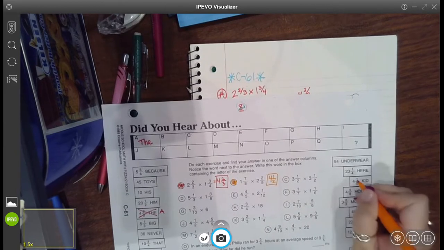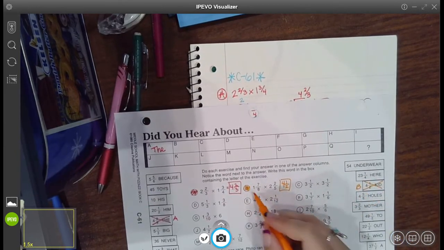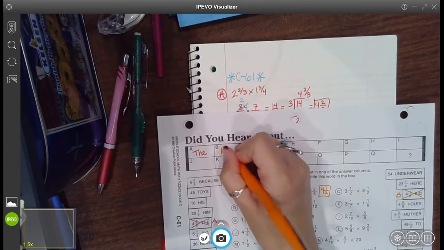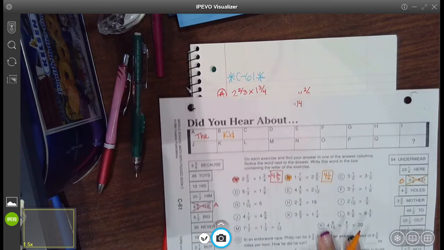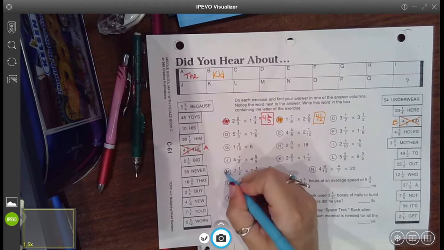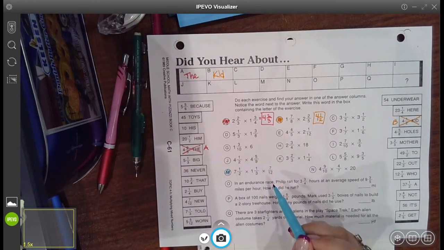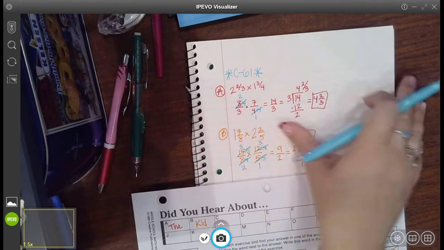So if I find 4 1/2 right here, for B, because that was the problem number, I'm going to put "kid." So right now it says, did you hear about the kid? Let's skip really fast to problem N. Okay, when you're multiplying with 3, you do the same thing, it's just now you have 3 numbers that you're dealing with. So if I were to do problem M on here,